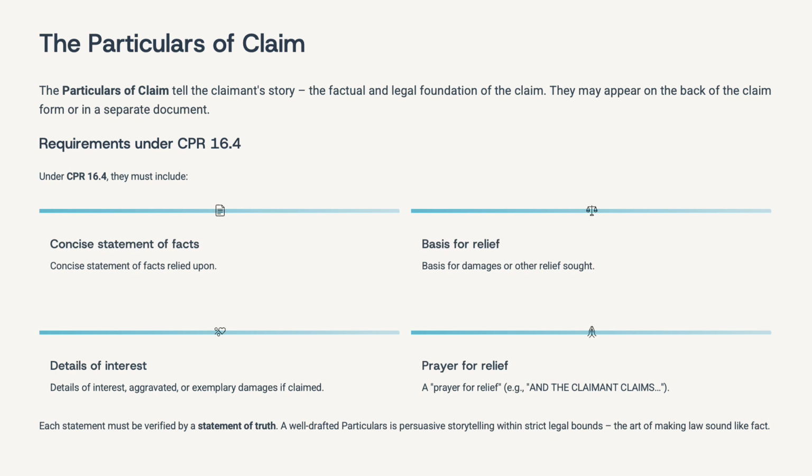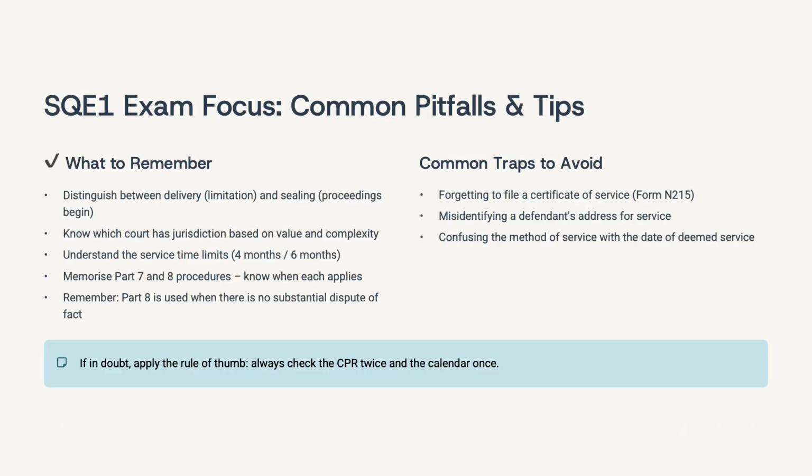For SQE1, note the difference between claim form contents and particulars. 2 different things. That distinction often appears in procedural questions. Get it right, and you usually gain easy marks. Those are kind of like easy scores. So for SQE, you need to keep in mind,